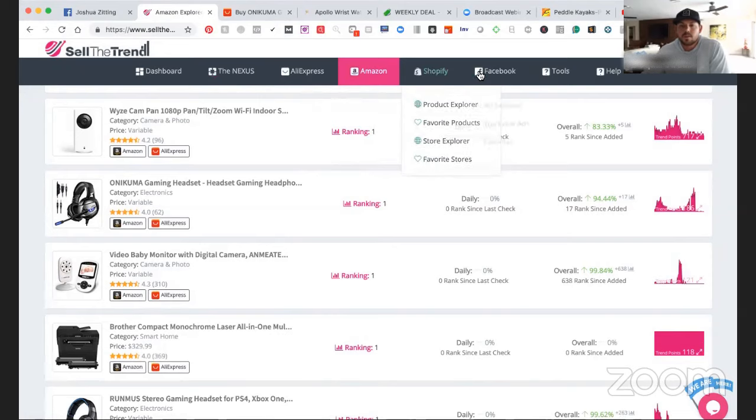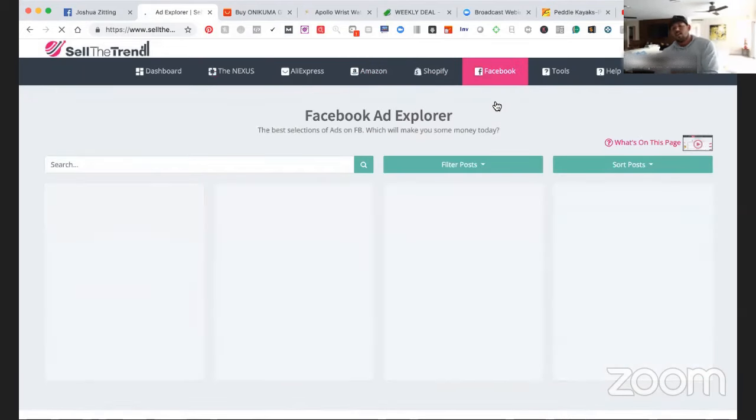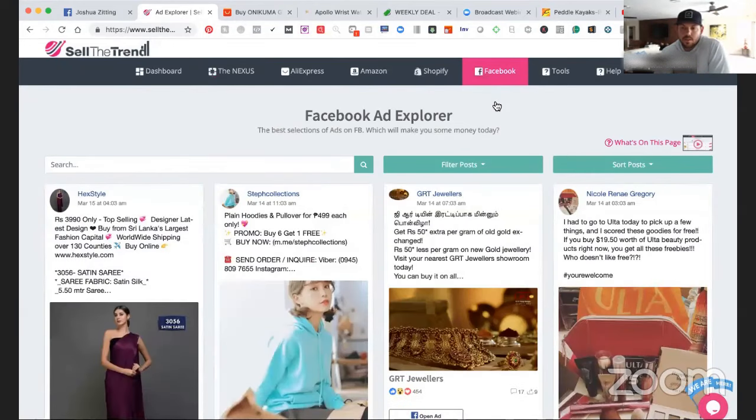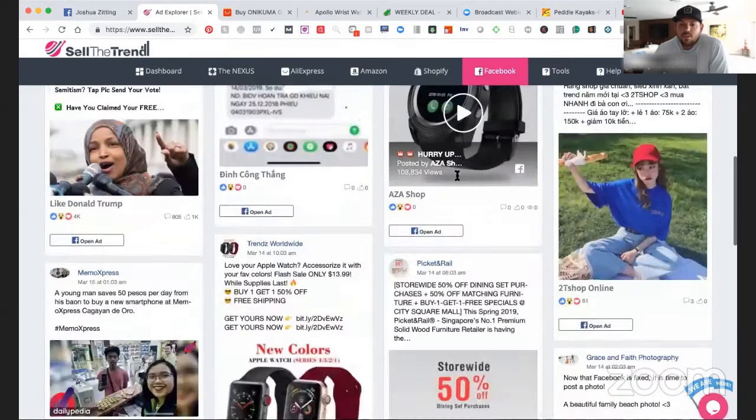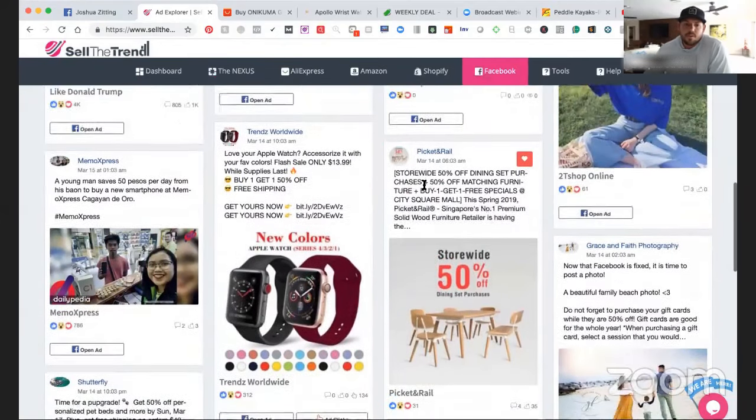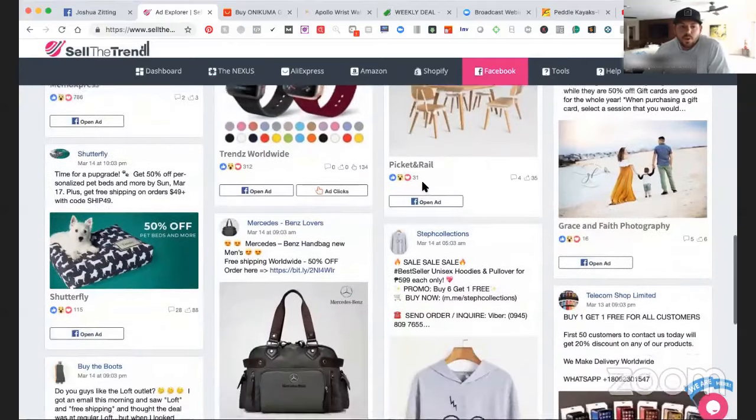So under the Facebook tab right here, you guys, this is another part that I absolutely love. And again, I had a separate software that I was paying $100 a month just for this feature. So imagine being able to just find every Facebook ad that you could possibly want. What do you think you guys could do with this information? If you can just sit here and sort through ads,